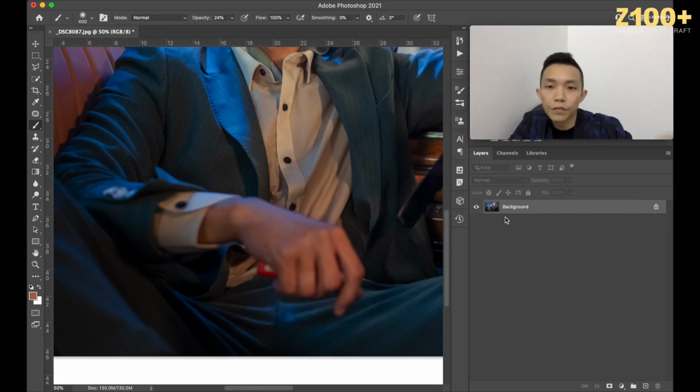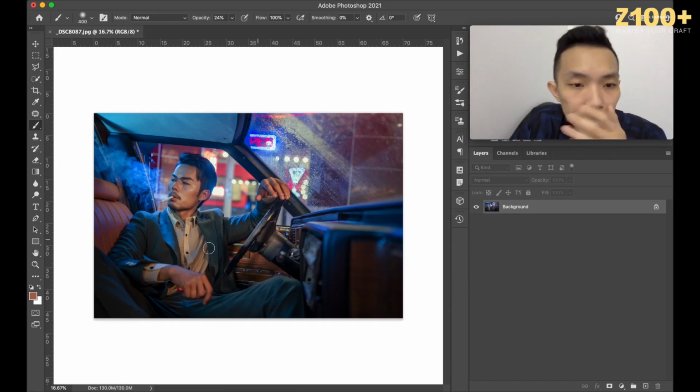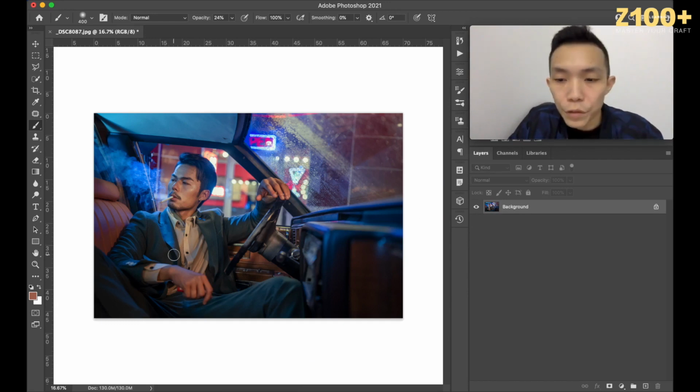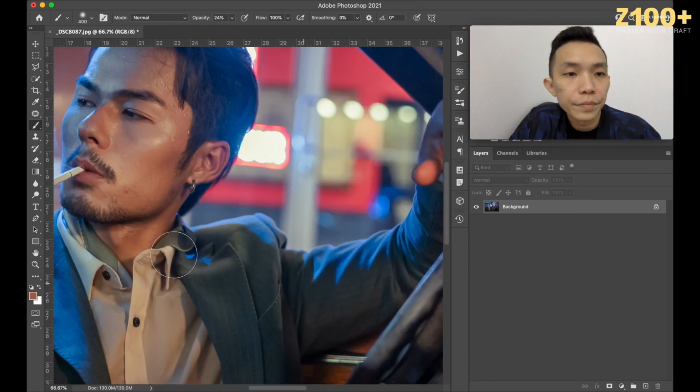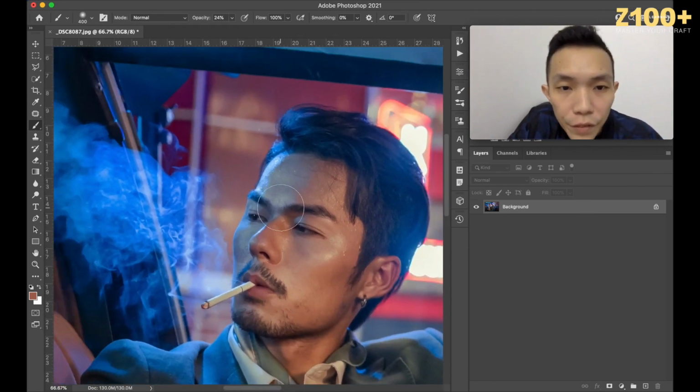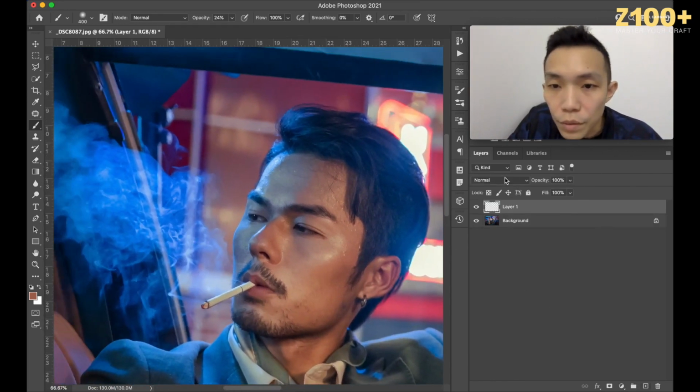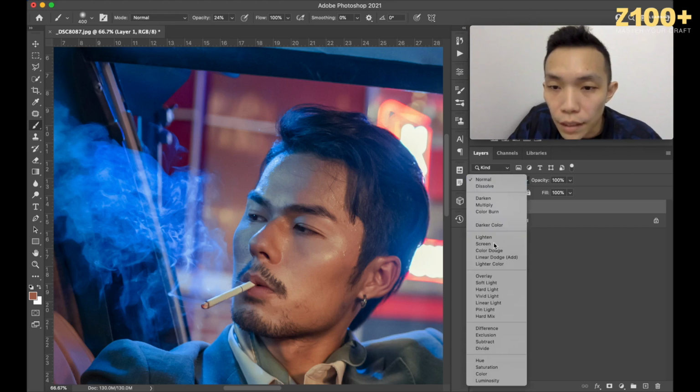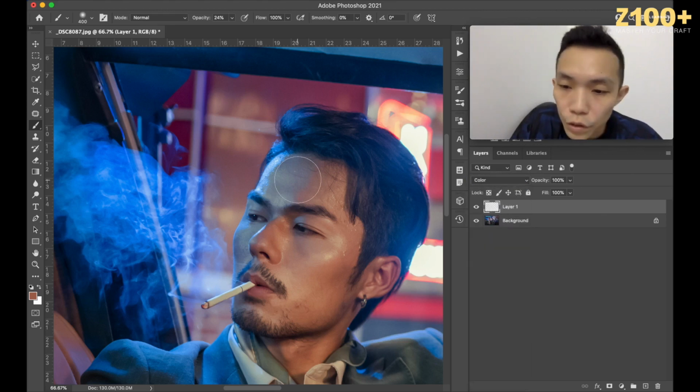Okay, so flattened. Hand we fixed already, and then we're going to fix the face. Right, so the face is the same. So let me do again. Okay, color blending mode. So we're going to read here the color I want. So now we're going to make it more opacity and